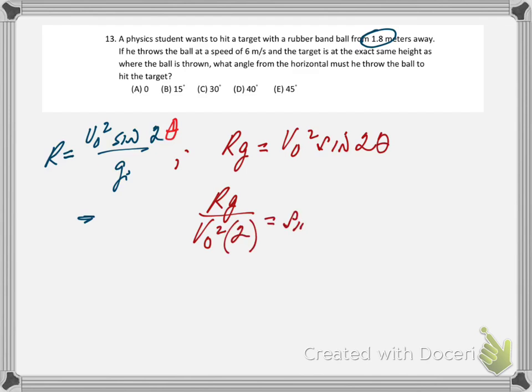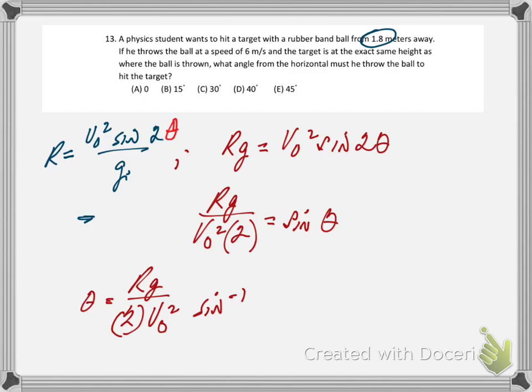And we're left with sine theta. We can take the inverse sine so that theta will now be by itself. Theta equals Rg over 2 times v naught squared,